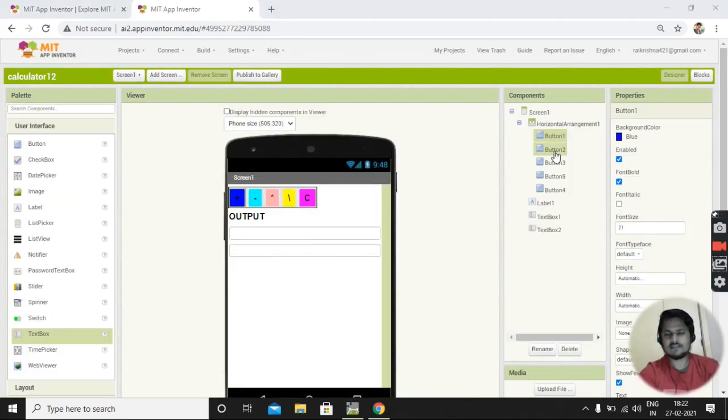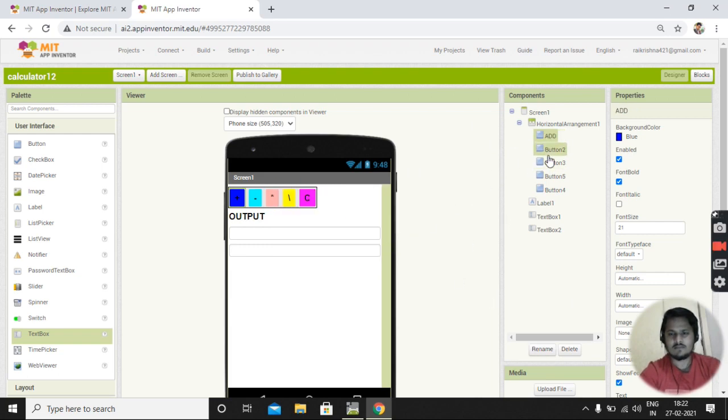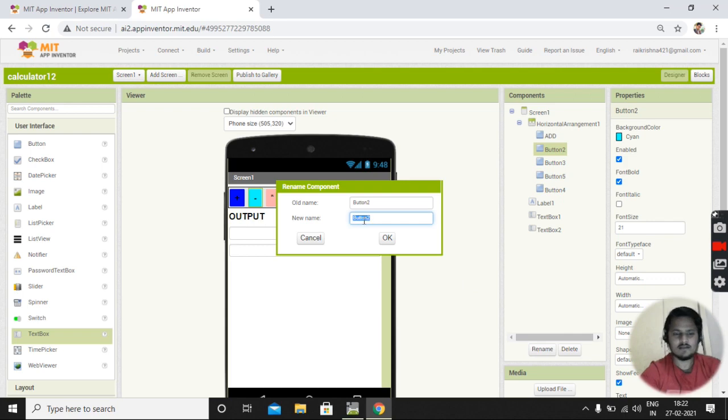Now we are going to change the names of the buttons. Button 1, rename it add, and button 2, rename it subtraction, sub.